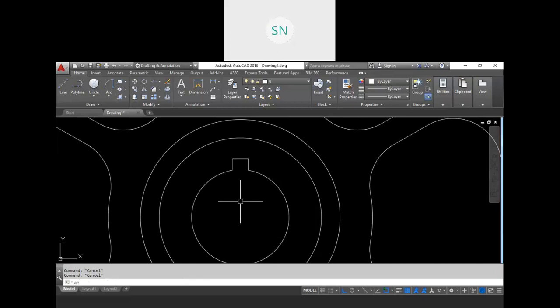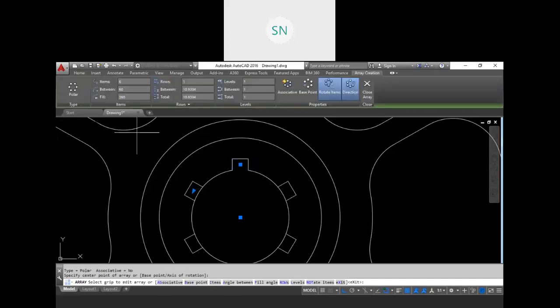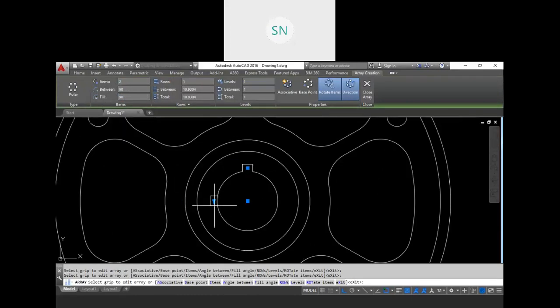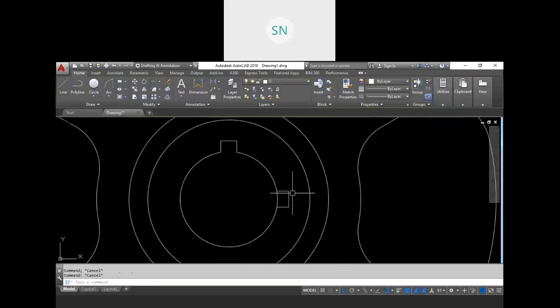So let me do array, select these three things, polar array. From this point, the copy should be at 90-degree. Only two copies I want, and the total should be 90-degree over here. And here we have the copy, but on the other side, so change the direction on this side and close it and trim it again.